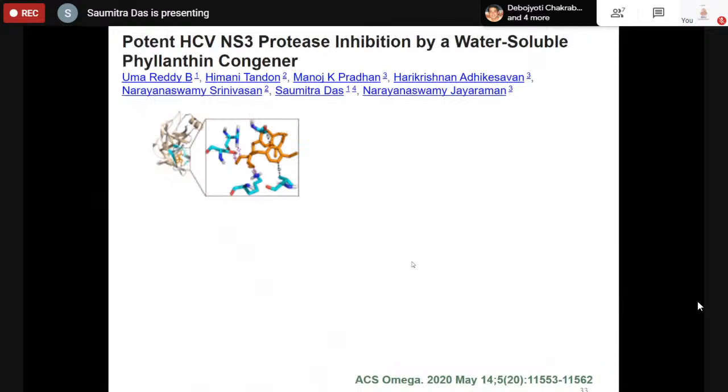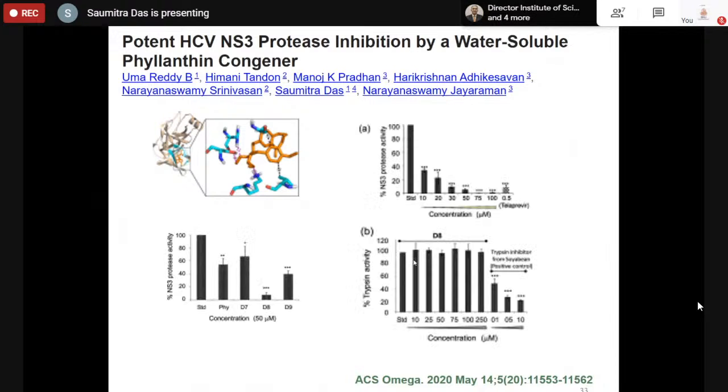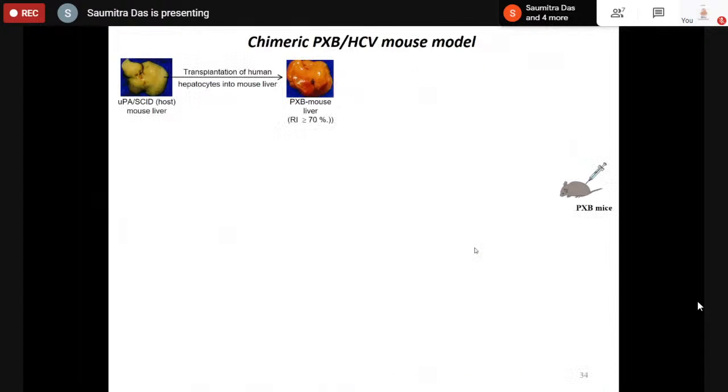Not only that, we have recently shown how we can make them water soluble by doing some chemical biology along with my organic chemist friend Narayanaswamy Jayaraman at the Indian Institute of Science. Now we are trying to see whether these in vitro culture results can be extrapolated to an in vivo system. As I told you, this is a challenge because we don't have any mouse model for